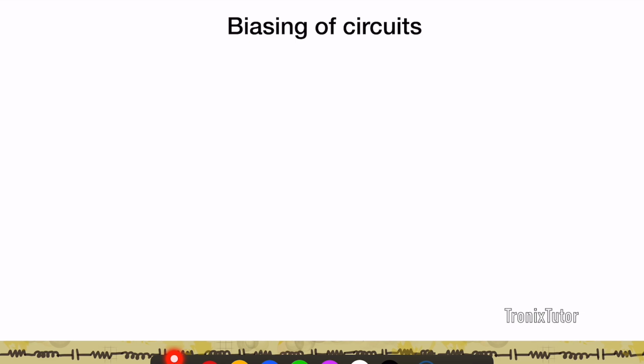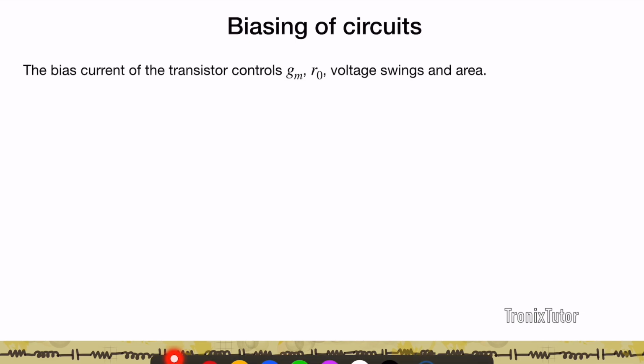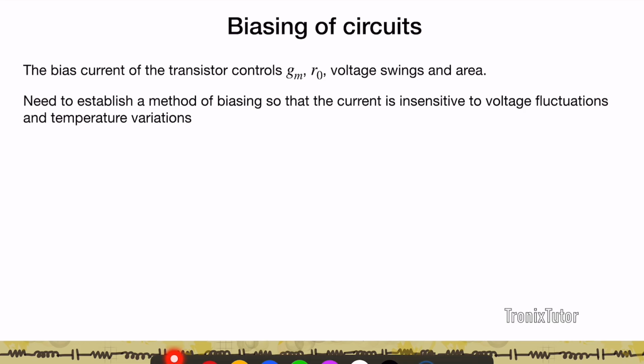Alright, so let's talk a little bit about biasing of circuits. So remember that the bias current of the transistor, as I told you, controls the gm, the r0, the voltage swing, the size, and hence the area of the circuit. So when we do biasing of circuits, we generally don't like voltage biasing. As I told you, resistors are finicky elements. They require a lot of area. They're prone to PVT, process variations, temperature variations. So we want to establish a biasing technique,